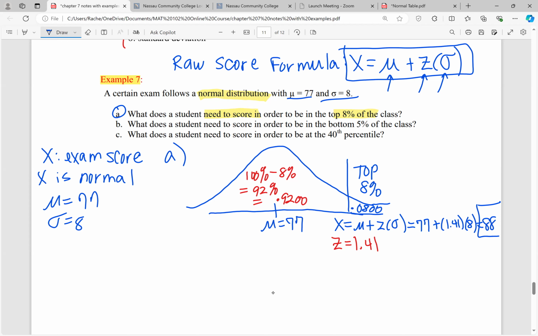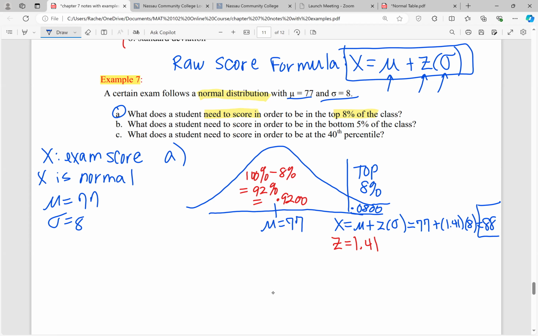So the way we did it is by finding the z-score first, right? And then we changed the z-score to a raw score by using the raw score formula. We didn't need to do that step. Our calculator knows how to do that for us. We just have to tell it. So if you don't want to get the z-score first to have to convert it to a raw score, you